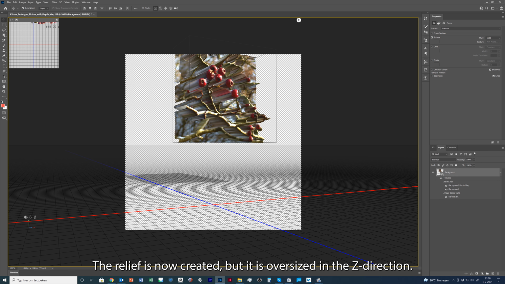The relief is now created, but it's oversized in the Z direction. This can easily be scaled down by the 3D manipulator. But the exact dimension can be typed in the Properties tab.